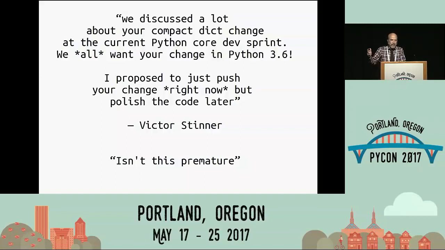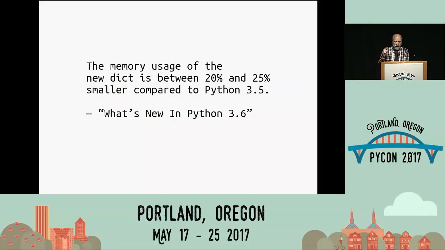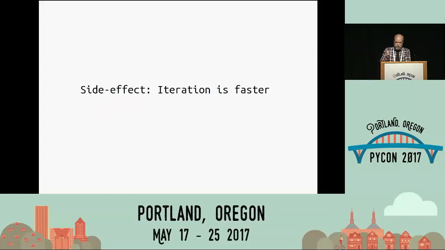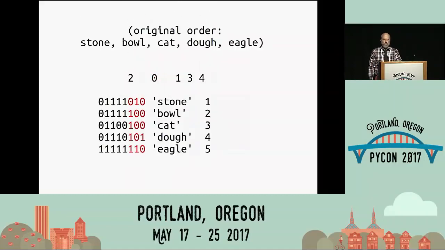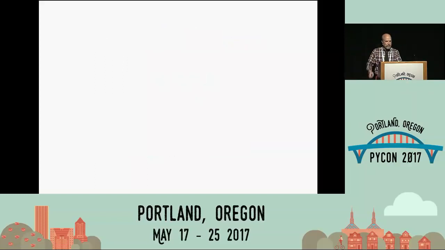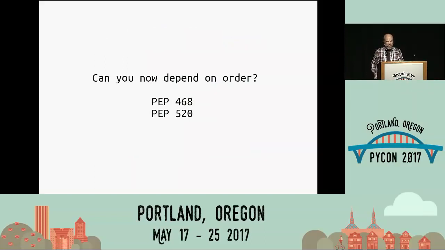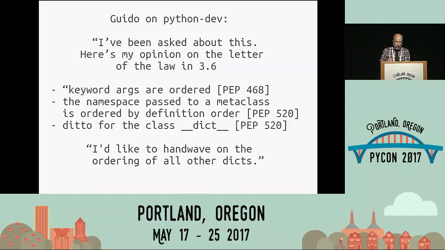But no, they'd spent like an entire day talking it out, how this affected the future, and it made it in. In Python 2.6, the new dictionary is much faster, iteration is faster, there aren't empty spaces to have to go past, and it remembers the order. Because that big table it's adding to, it's a simple append. Can you now depend on the order is the big question.